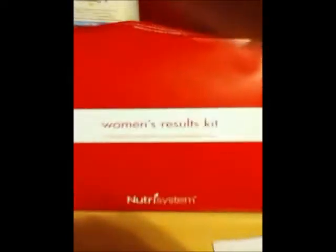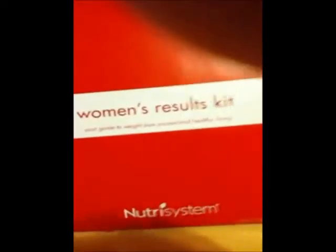Okay, so just to give you a little indication of what it comes with, you have a little kit, Women's Results Kit. There's like a little newsletter in there that has Marie Osmond's picture. Here's your little on-the-go meal planner. It's really per size. There's what you're supposed to eat, what you can eat as far as your dairy option, protein option, fruit options,